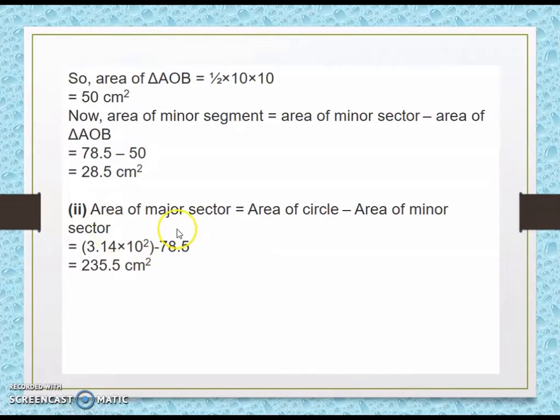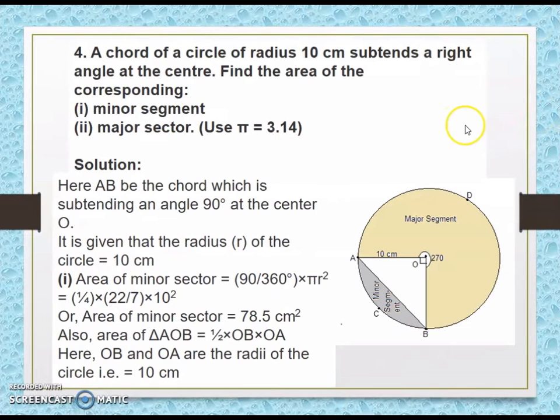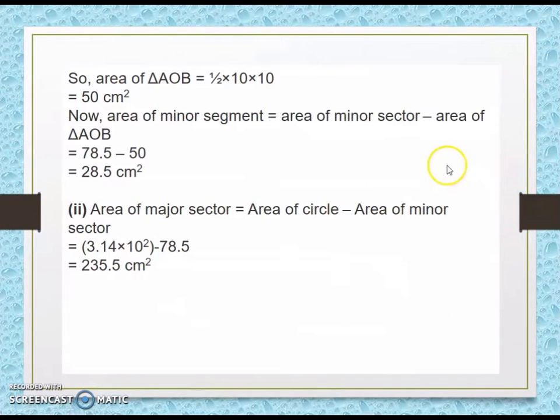Now for finding area of the major sector, you can just subtract area of the circle minus area of the minor sector. You have already found area of the minor sector, so just subtract from pi r square. For the minor sector, this angle is 90, so the rest of the angle should be 270. So using central angle as 270 also, this area of major sector can be found out. Or else by subtracting pi r square minus area of the minor sector.